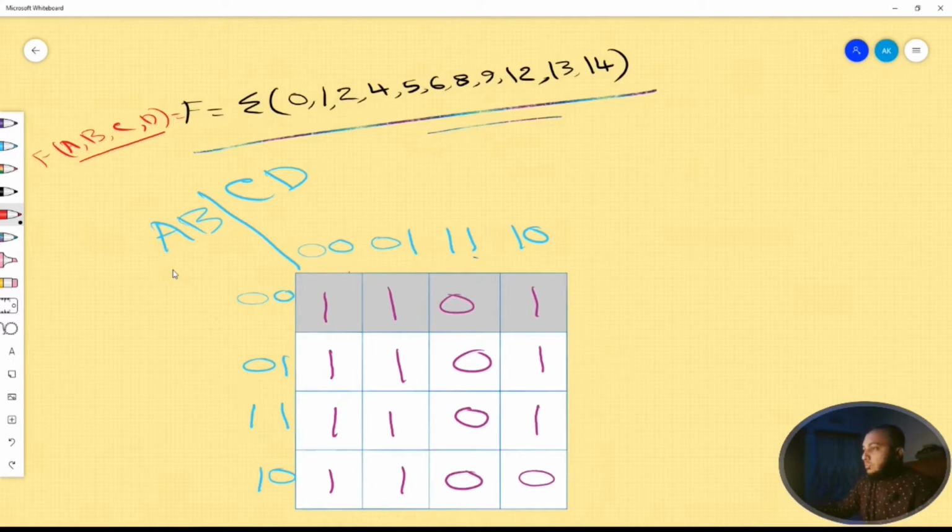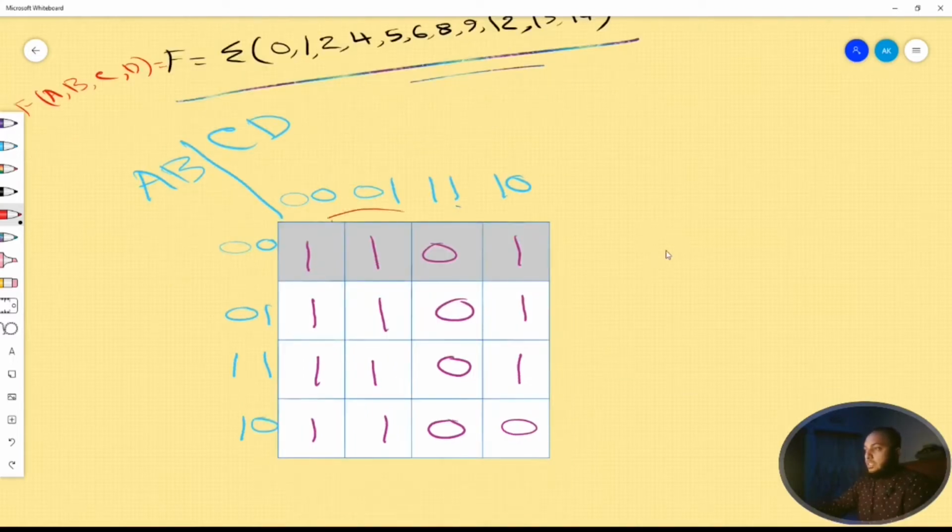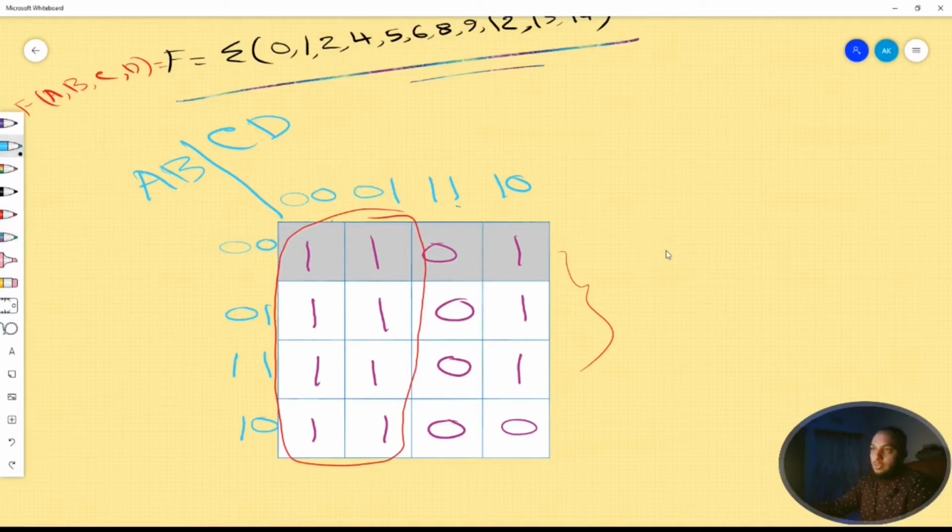Now we need to form groups. We can form a group like this because these 8 members are adjacent to each other. After forming this group, we have 3 remaining elements. We can easily form a group like this with 2 members, but we can't form this group because we know that we need to form groups having highest possible members. So we will form the group